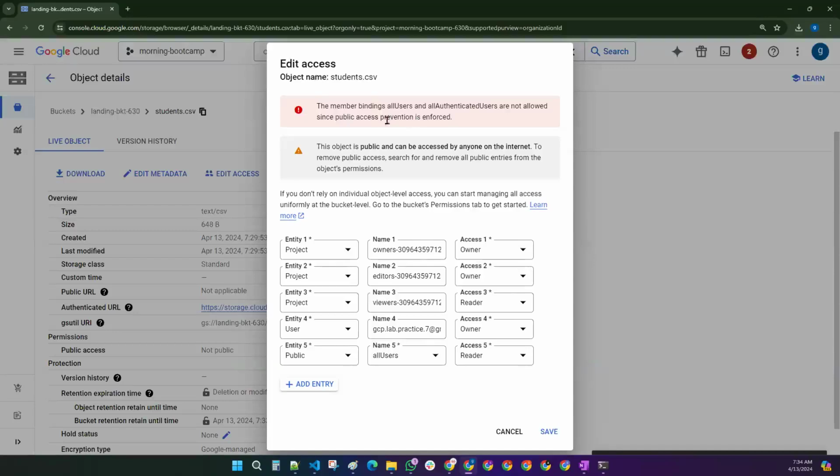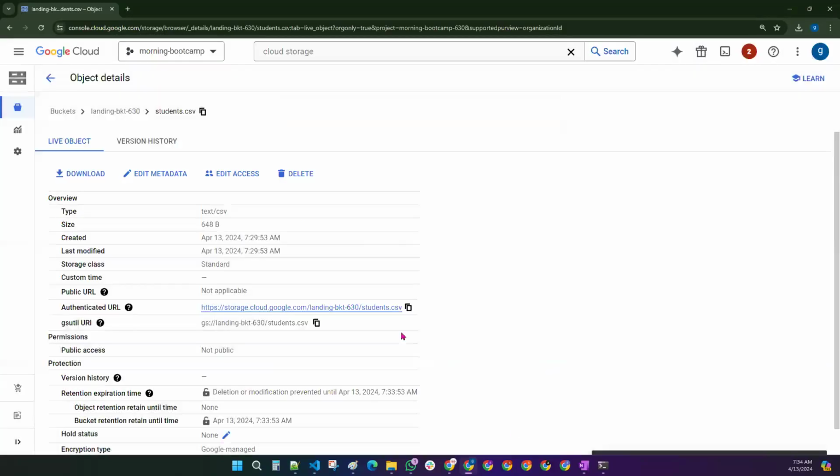Okay, while we were creating the bucket, we enforced public access, guys. That is the reason we cannot select all users. That option is disabled actually. So if I wanted to provide access to all of you, that is not actually possible. So let me go to